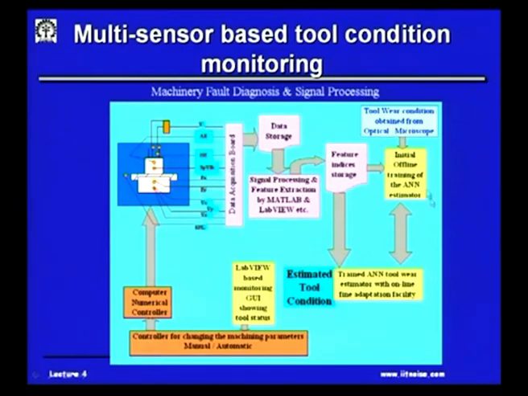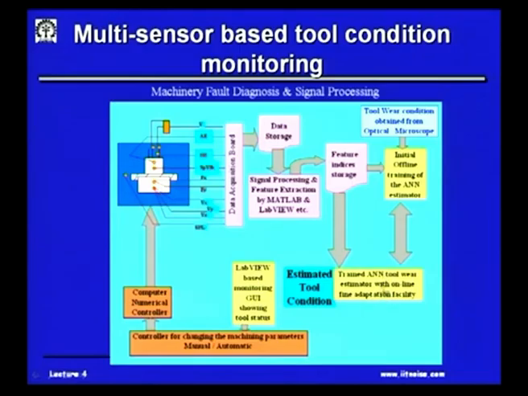So we have the actual conditions, and then an offline measurement of the tool wear, and then through an artificial neural network we could try to estimate the tool wear, and then try to find out